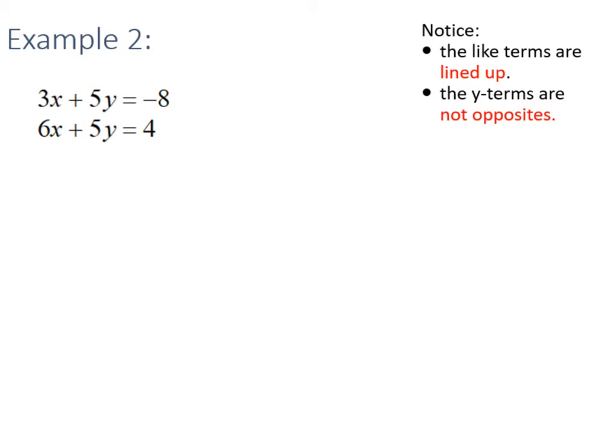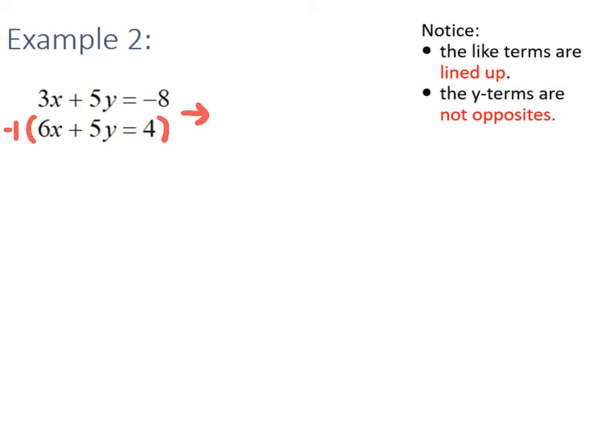Our next example gives us the equations 3x plus 5y equals -8 and 6x plus 5y equals 4. Now notice that the like terms are lined up, but the y terms are not opposites. So in order to make the y terms opposites, I can multiply one of the equations by -1. So if I choose to multiply everything in this first equation by -1,